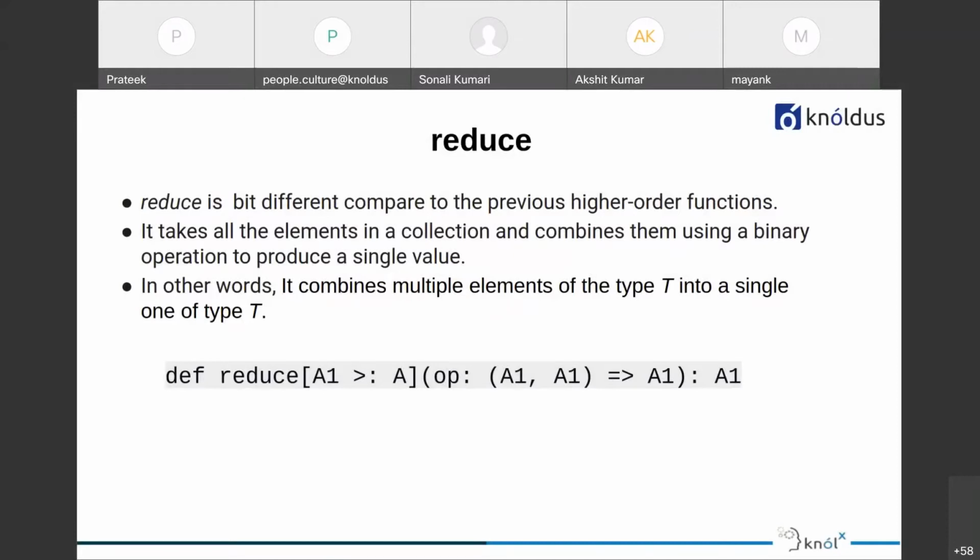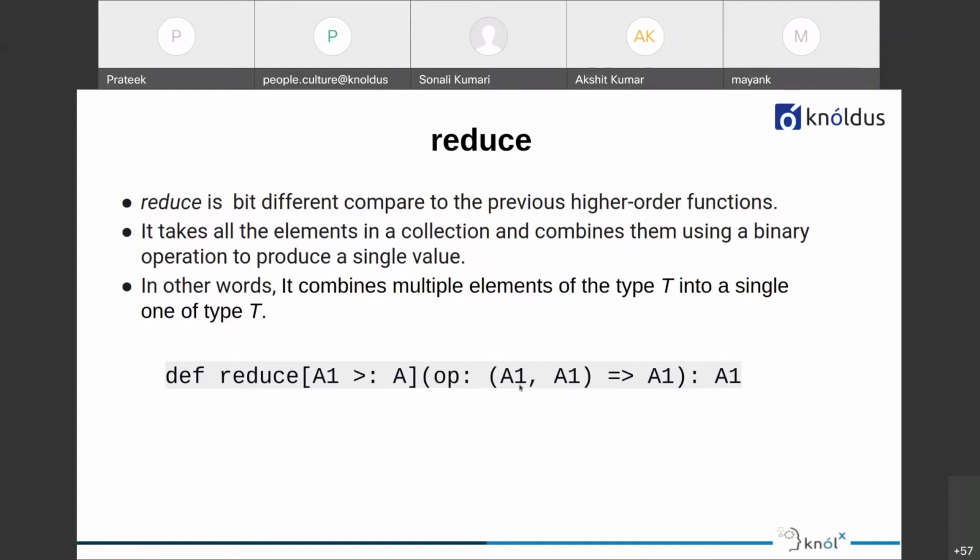So if we are calling the reduce function on a list of, let's say, doubles, then it will combine all the doubles and will return us a single element of the same type, that is double. In other words, it combines multiple elements of type T into a single one of type T. Here we can see this reduce function is actually expecting a binary operation, or a function with two parameters, and returns a result.